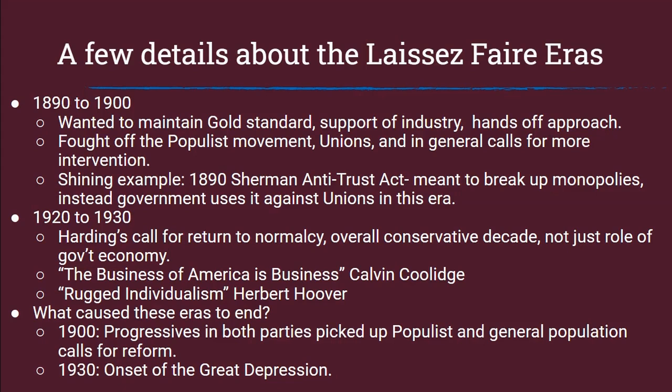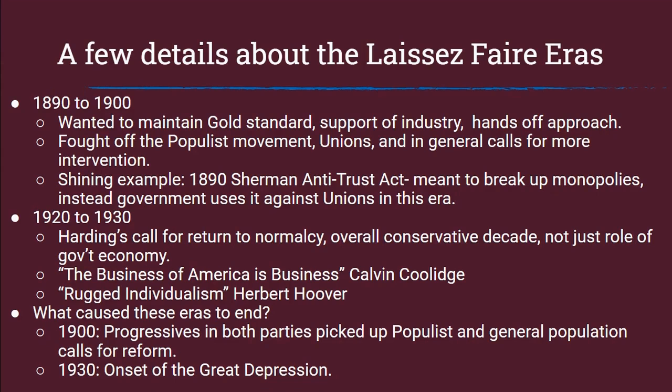The shining example of this is the 1890 Sherman Antitrust Act, which was meant to break up monopolies, but instead the government used it against unions in this era. In the 1920 to 1930 era, Warren G. Harding ran a campaign around a return to normalcy, which meant taking a step back from the progressive reforms of the previous 20 years. Overall, the 1920s were very conservative, and it was not just the role of government in